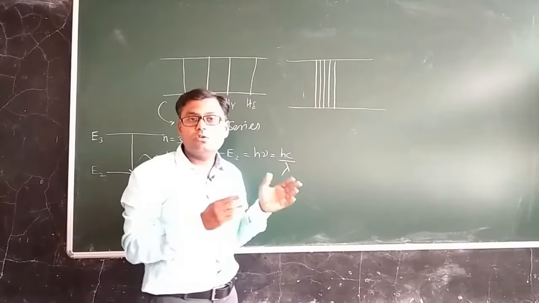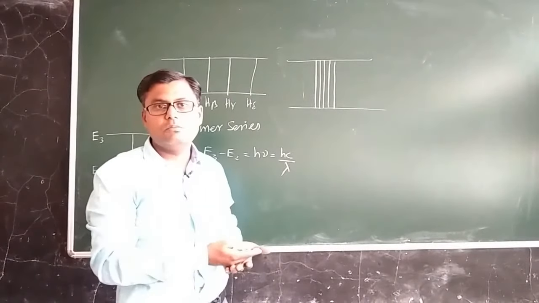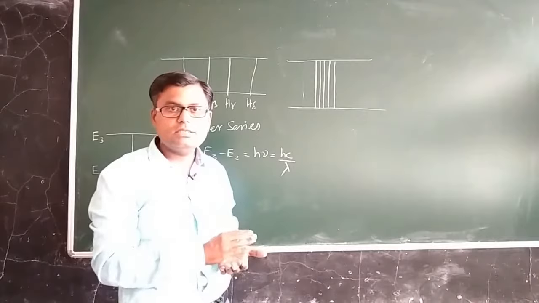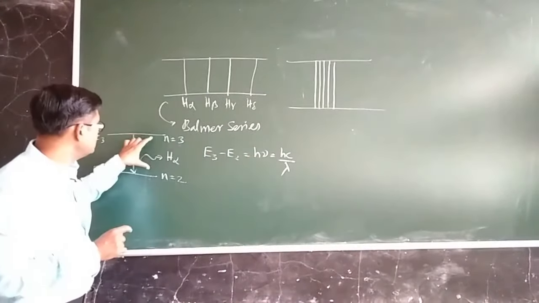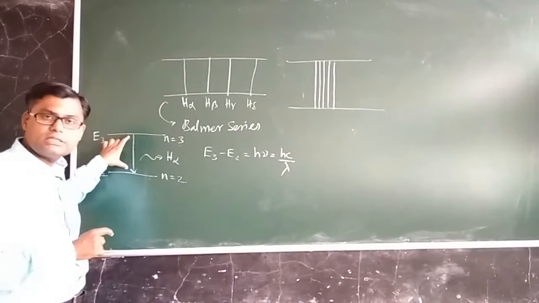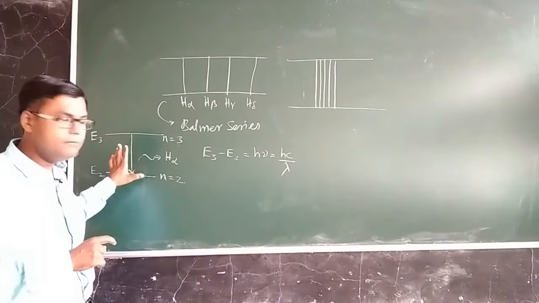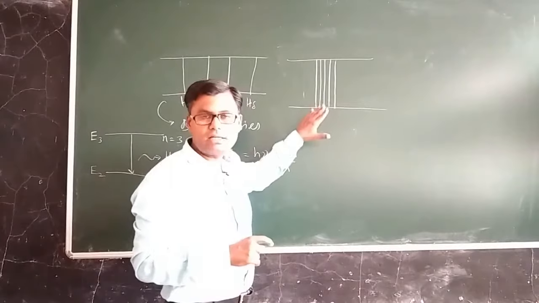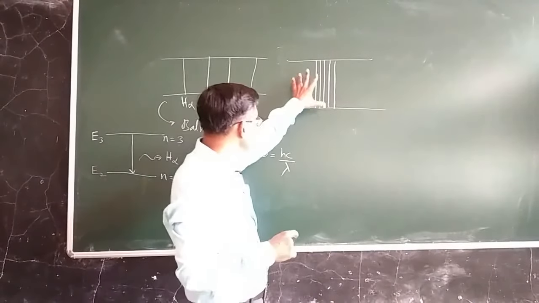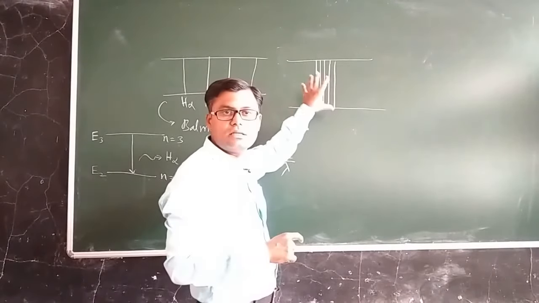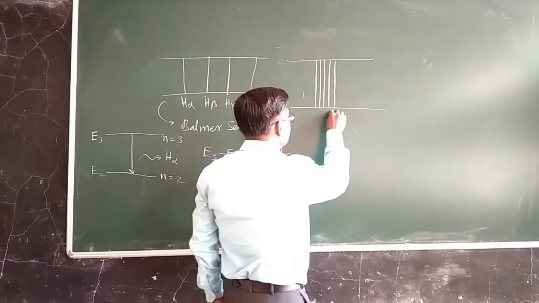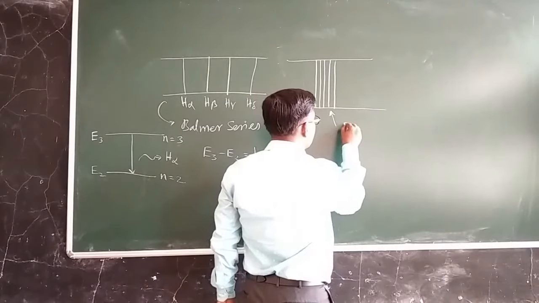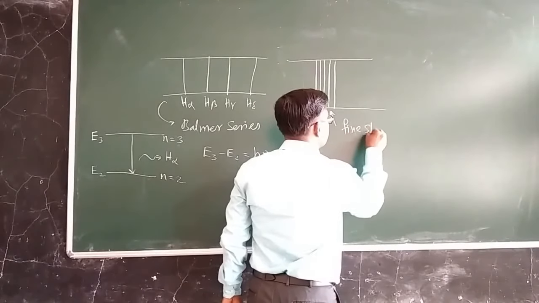So what could be the origin of these 5 lines? Bohr did not have any answer to these 5 lines. According to Bohr, since there is a transition of the electron between 2 energy levels, only a single wavelength should be possible, but here we are getting 5 different lines. This structure of closely spaced wavelengths which are separated from each other, this kind of spectrum, is called fine structure.